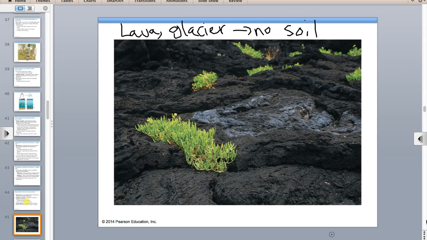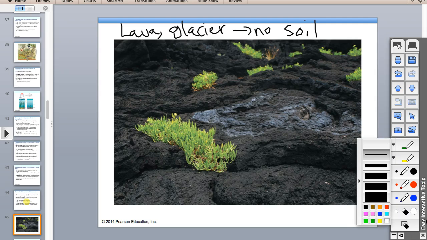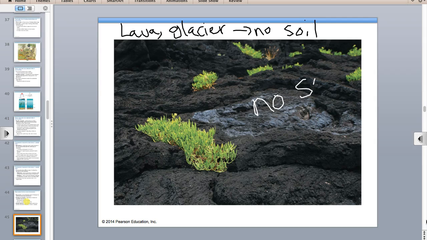When you have barren rock and you have no soil, what you're going to end up having is primary succession. No soil in place equals primary succession, because you're going to have to start with step 1. That says succession. Those are S's. Alright, so anyway, primary succession, you're going to have to start with barren rock and you have to form soil.